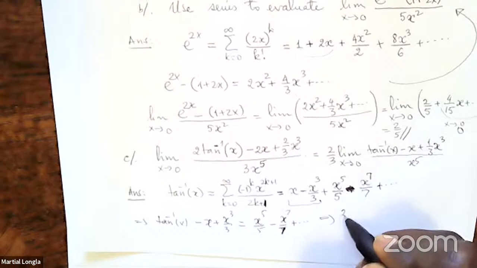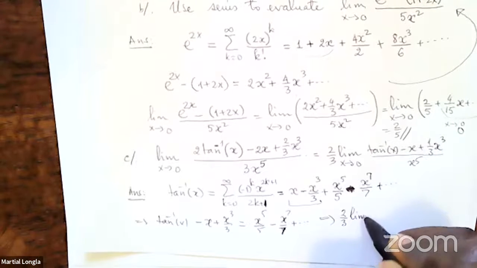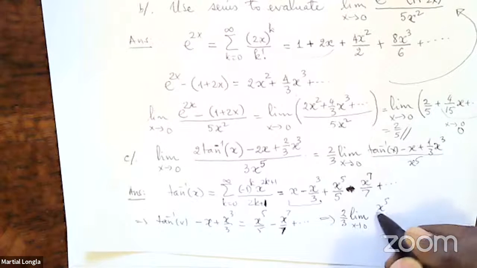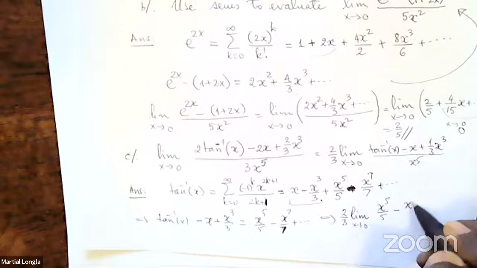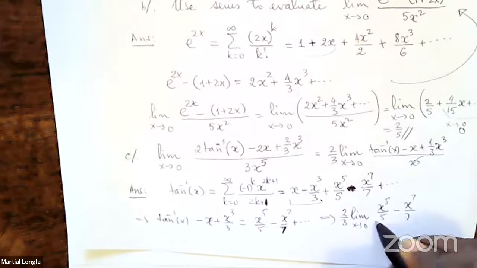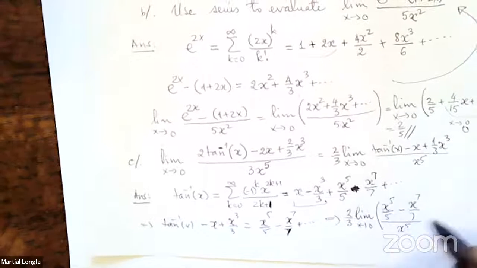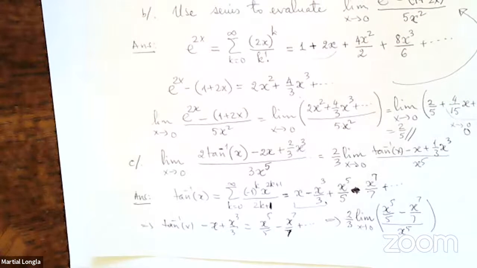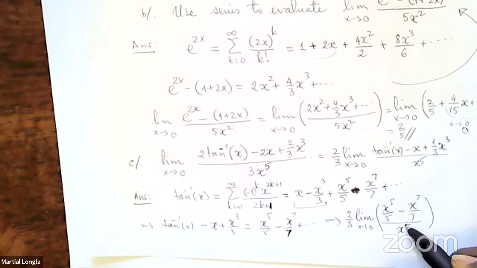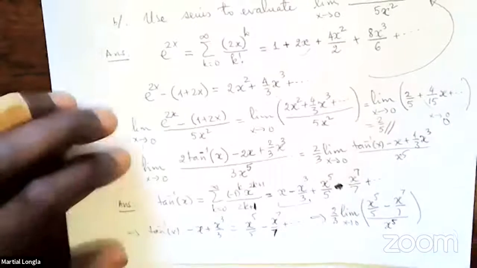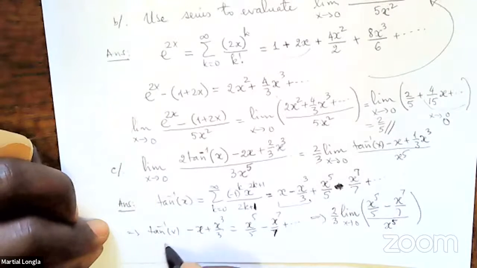So you get 2/3 limit as x goes to 0 of x to the 5th over 5 minus x to the 7 over 7 divided by x to the 5th. And I can actually omit the dots now because I already understand that those dots are always going to give me a 0 because I have terms there that are of order higher than 5. And now I can divide this and I get 2/3